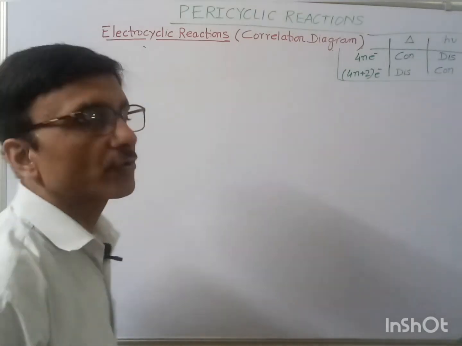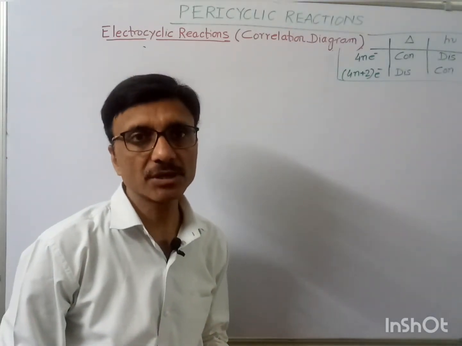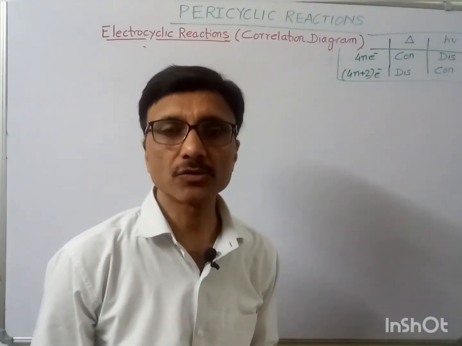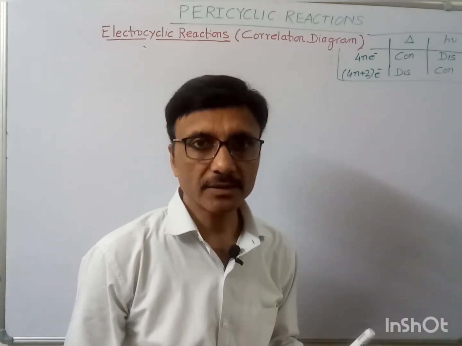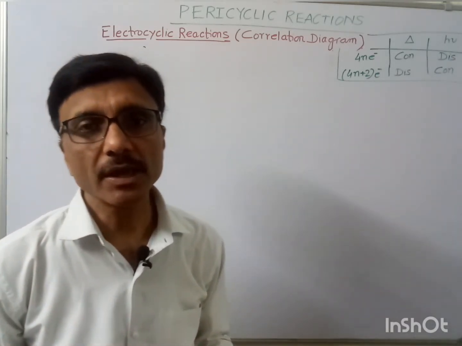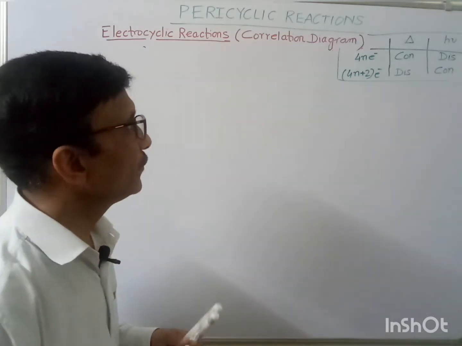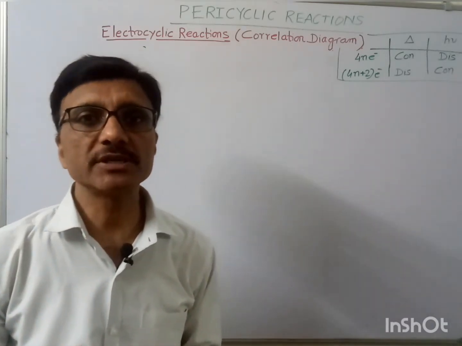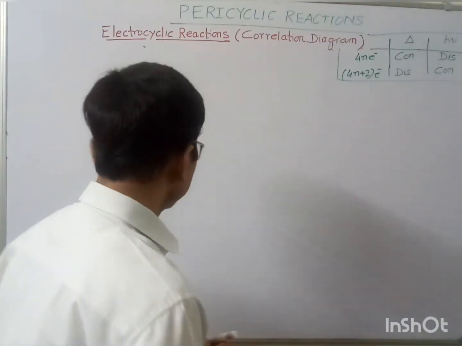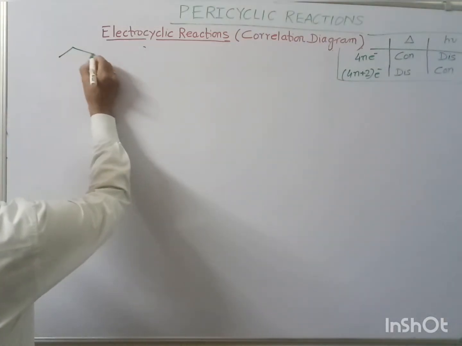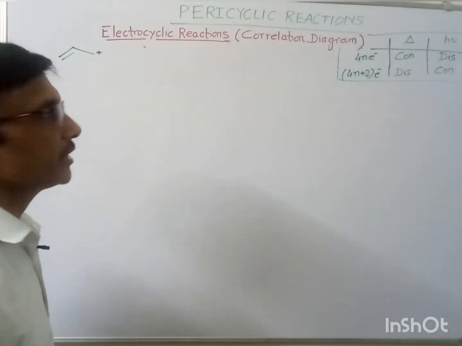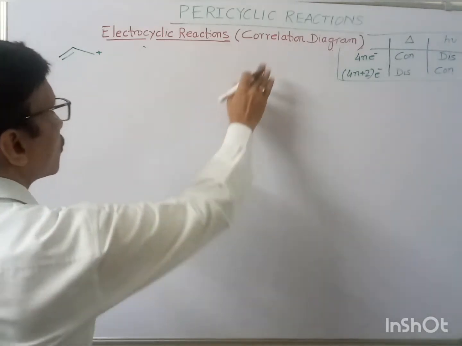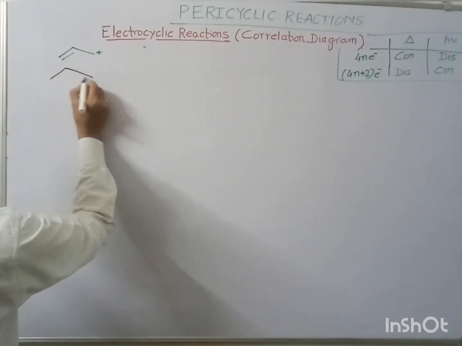So let's see how we can draw the correlation diagram for allylic system. An allylic system may be a 4n electron system or a 4n plus 2 electron system. If we have the allylic cation, then it is a 4n plus 2 electron system because it has 2 electrons. If we have the allylic anion, it will be a 4n electron system because it has 4 electrons. So suppose I take the allylic anion. Suppose this is our allylic anion. So if we want to draw the correlation diagram, suppose I draw,